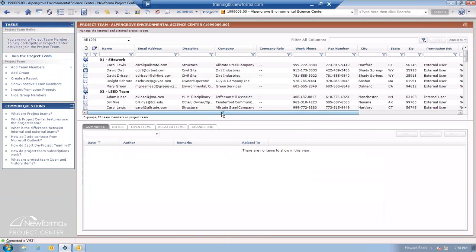which will take you to a list of all of the individuals that are currently associated with that project. If you have not made yourself a member of the project team, the system gives you a little notification over here by showing you this Join the Project Team link. So by default, the system knows that you have not made yourself a member of that project team. By clicking on Join the Project Team,